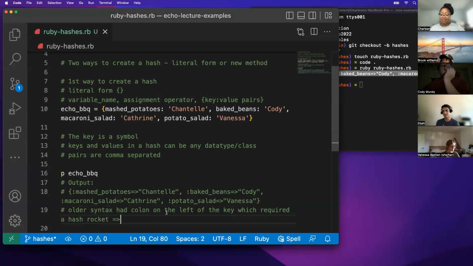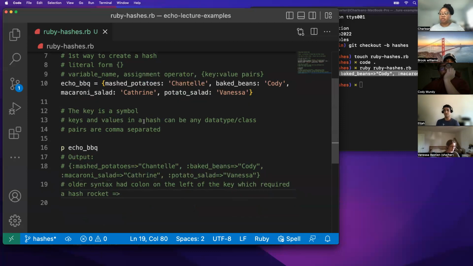However, because I did state you can have different classes or data types, when you are going away from the syntax and just using it as a symbol, if you were to have mashed potatoes be a string, for instance,